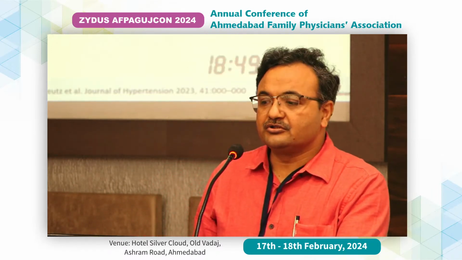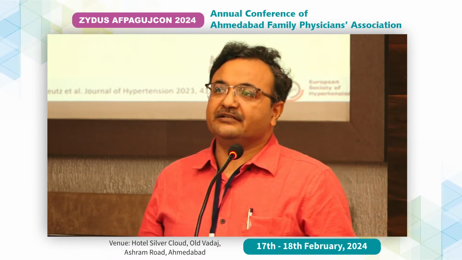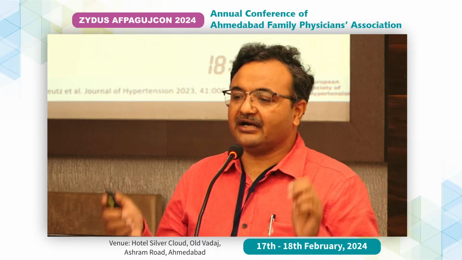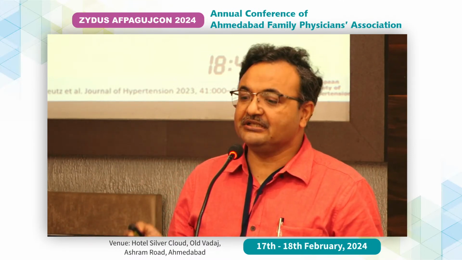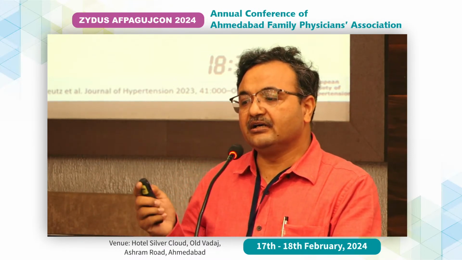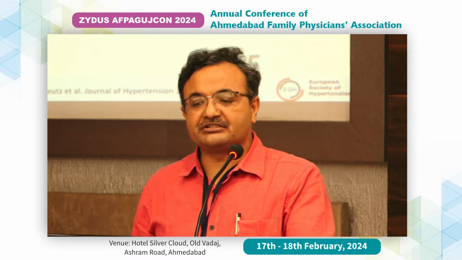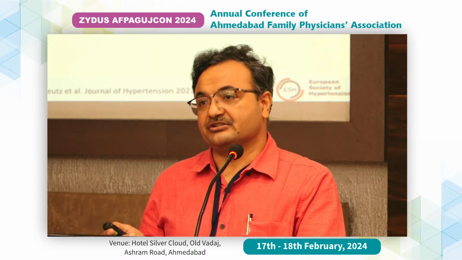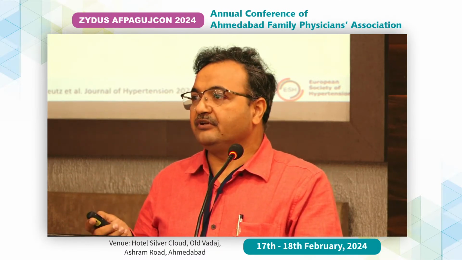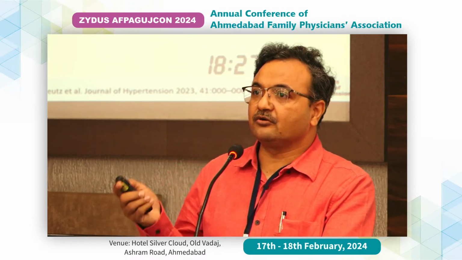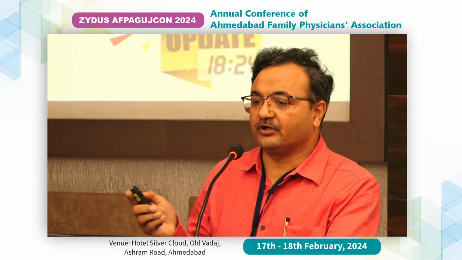So what is hypertension? We all know the numbers, 140 by 90. But operationally, hypertension is the level of arterial blood pressure at which the benefits of intervention exceed those of inaction. So whatever benefit we get by not controlling the blood pressure, we are going to harm our patient. And that is what is new in our guidelines.